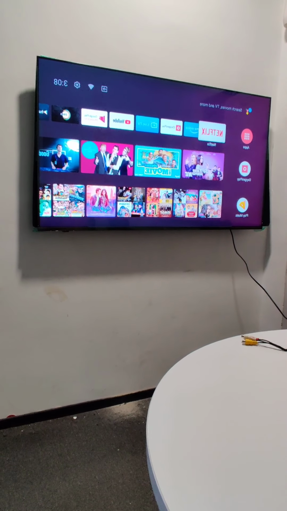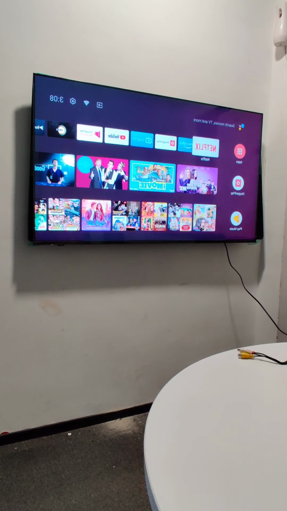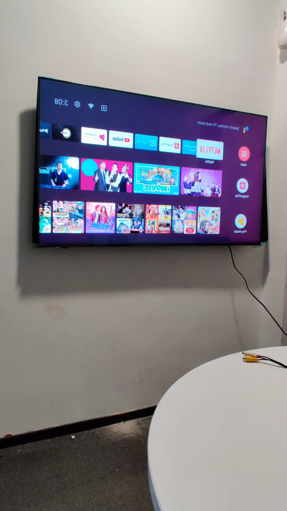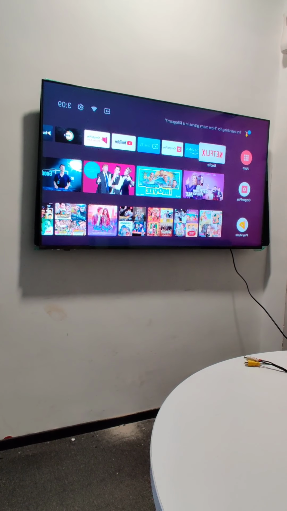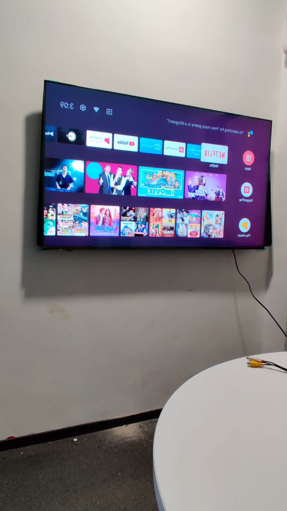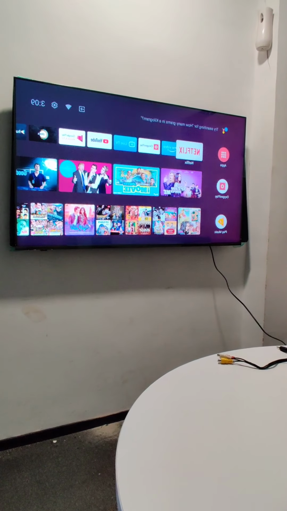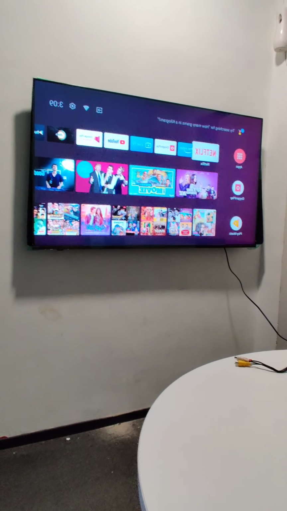Hi everyone, in this video we'll be checking how to enable kids mode and what are the features we have with kids mode, and how to restrict the application and limit the application that will be available with kids mode, and that will be completely different than the normal mode which we are using now. The TV is in the normal mode right now.